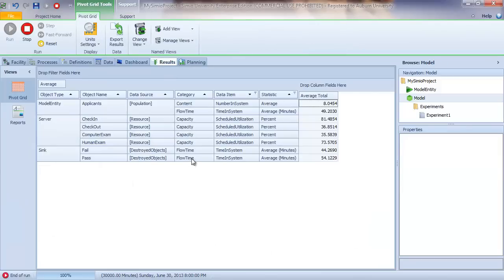And now we see with our sinks we have 2 different time in system values, and we still have our time in system value for our model entity. And so as we expected, we have 1 value for the entire population of applicants, we have 1 value for those that failed, and we have 1 value for those that passed. Also, as we should have expected, the failure time average is smaller than the pass time average because those that fail the exam don't go through the checkout process. So we would expect this to be approximately 9 minutes shorter, plus whatever waiting time there was in the queue